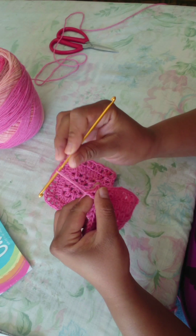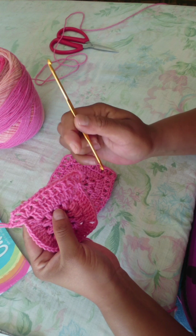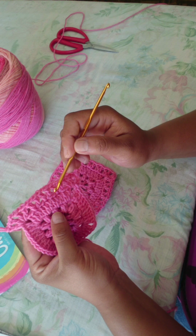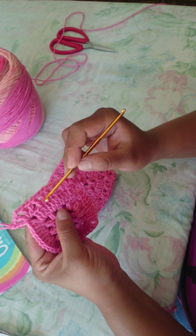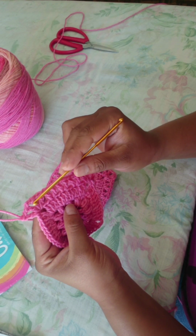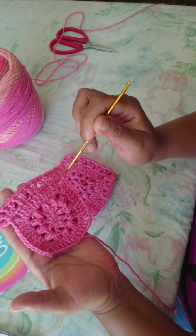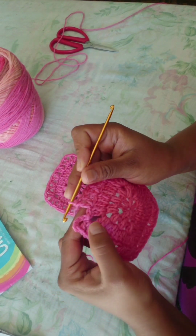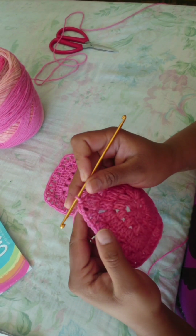And you're going to repeat this until you get to your chain 3 space. Remember, a V-stitch is 1 double crochet, 1 chain, 1 double crochet. And I just skipped 2 stitches. Right, we're at the edge there. Slip stitch into the 3rd chain space, chain 1,